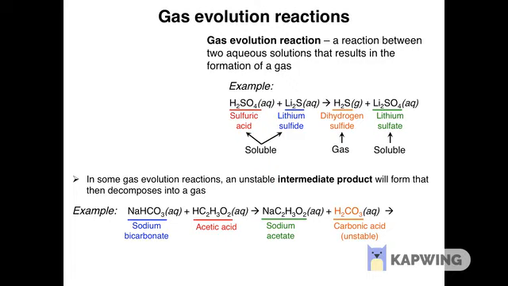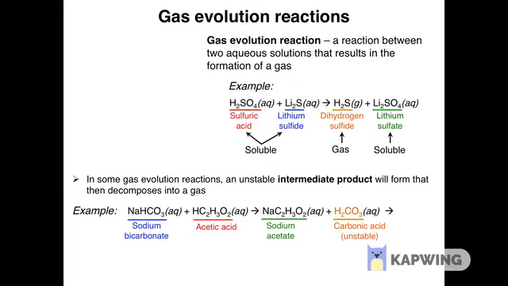The first product of this reaction is sodium acetate, NaC2H3O2, a water-soluble ionic compound that is formed by combining the cation from the first reactant, sodium plus, with the anion from the second reactant,